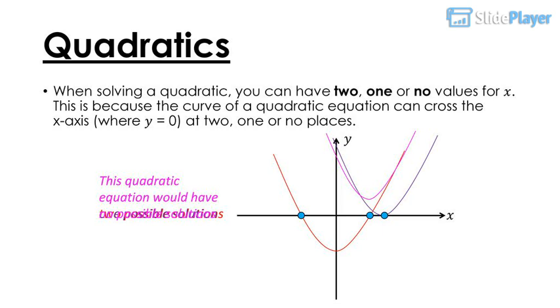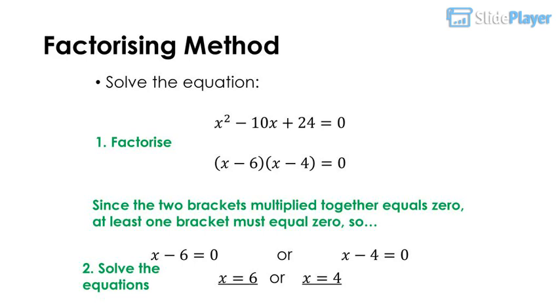Factorizing method. Solve the equation x² − 10x + 24 = 0. (x − 6)(x − 4) = 0. x − 6 = 0 or x − 4 = 0. x = 6 or x = 4. Step 1: factorize. Since the two brackets multiplied together equals 0, at least one bracket must equal 0, so step 2: